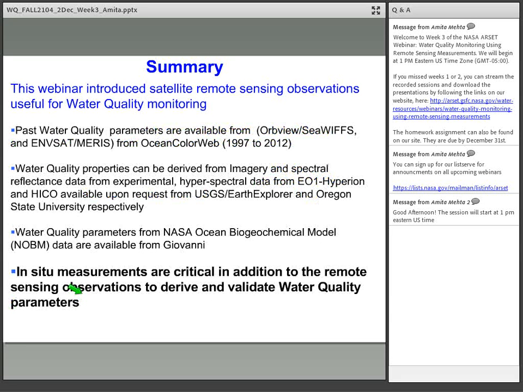We talked about past water quality parameters. They are available from SeaWiFS and MERIS from Ocean Color Web. So actual chlorophyll data and other organic dissolved matter, these are available on Ocean Color Web for looking at changes that occurred over years. We talked about some experimental hyperspectral data from Hyperion and HICO, and how further processing is